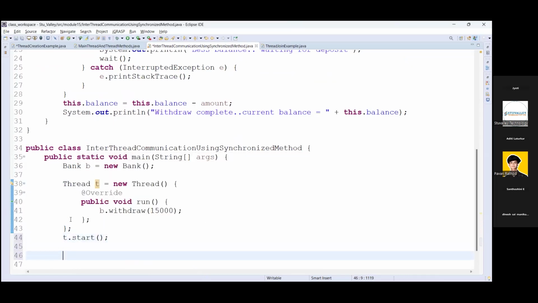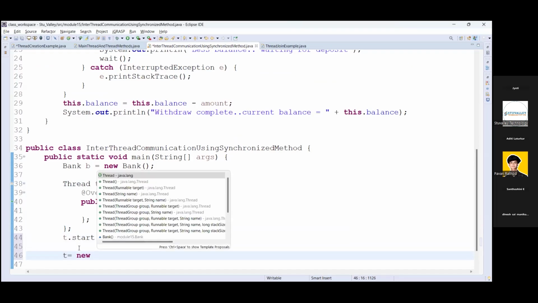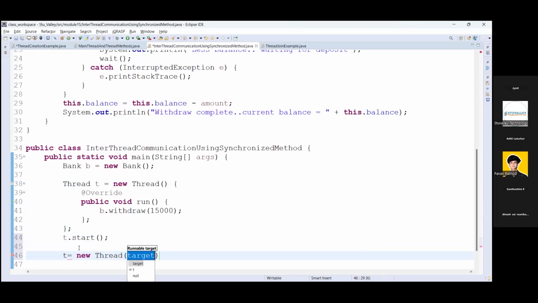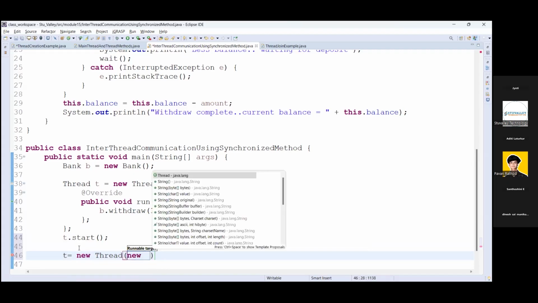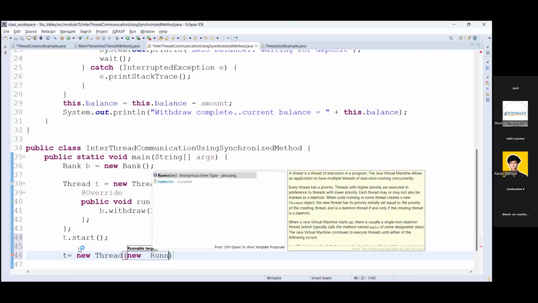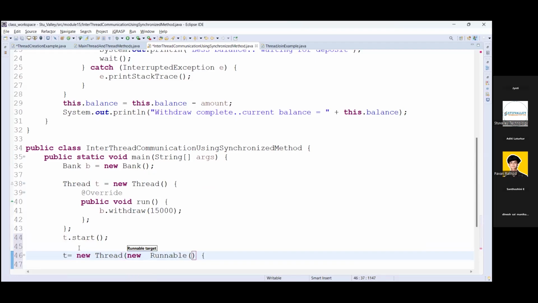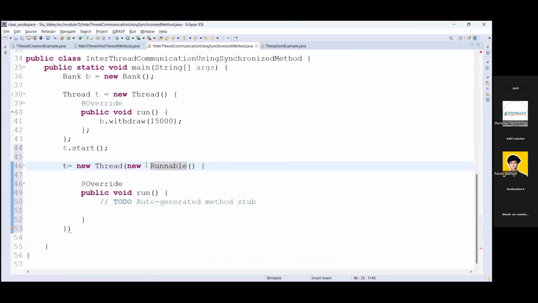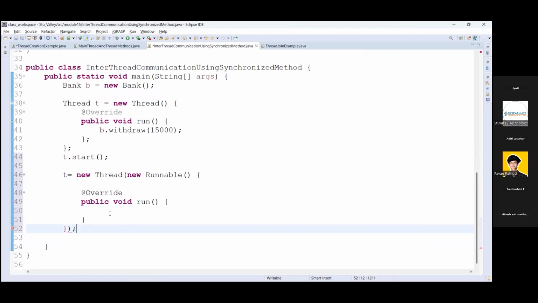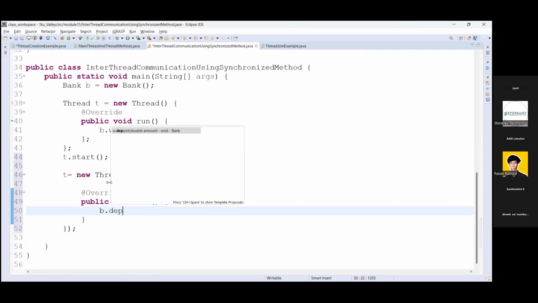And in a similar way, I'm initializing this thread again by providing the implementation. The second way is like this. You can provide the implementation to the run method in this way also, with the Runnable interface. Here we are using the deposit method.